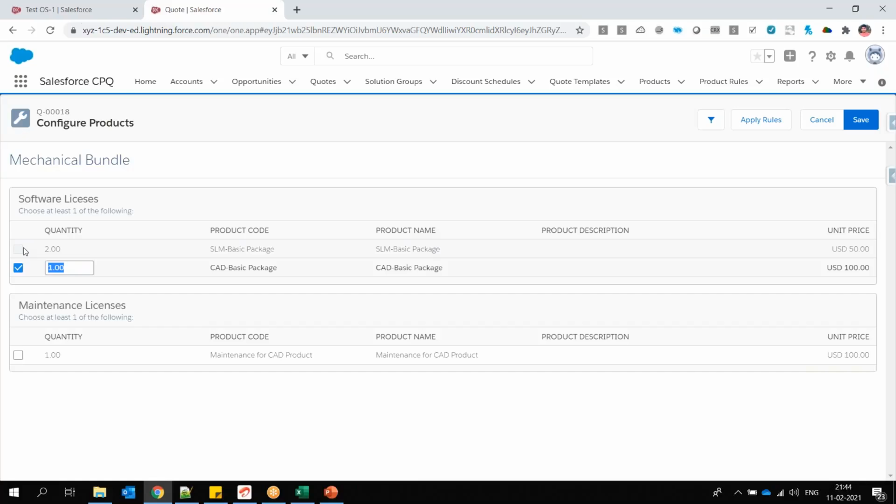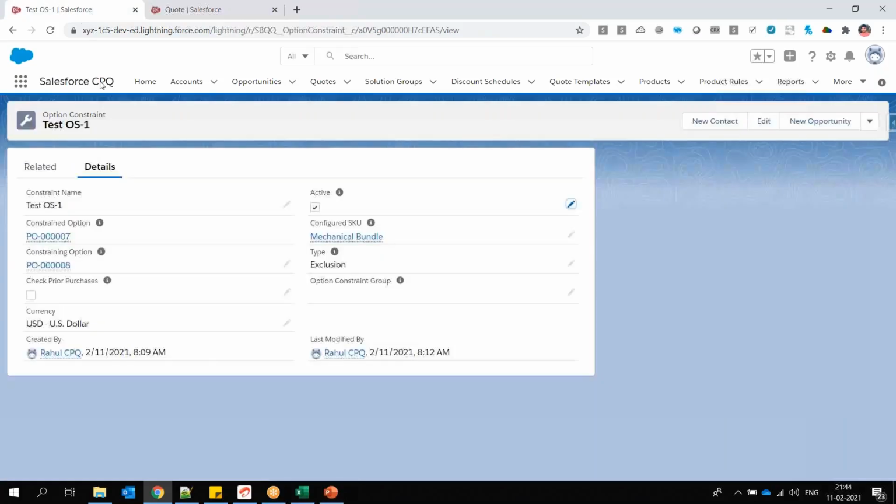if any new sales rep joins, they don't know what the combinations are, and no one will remember all these things, like which product is dependent on which. They need to play with Excel to understand which product is dependent on which product, the dependency and exclusion combination, right? So this is the way option constraint can be used to compare two